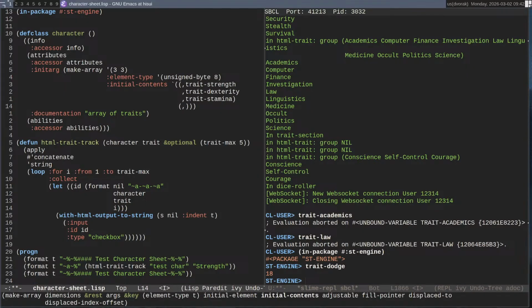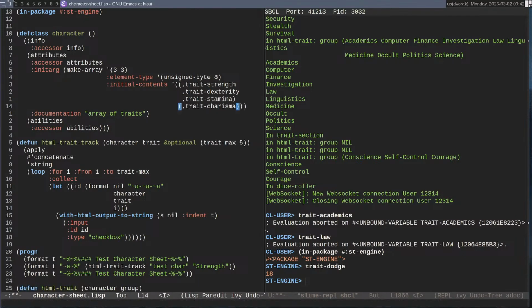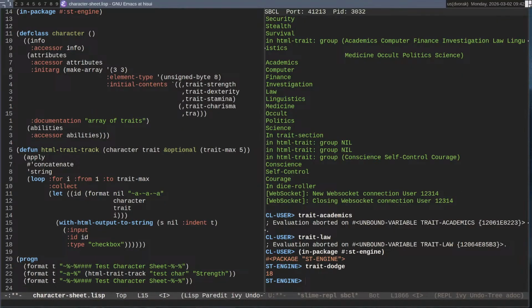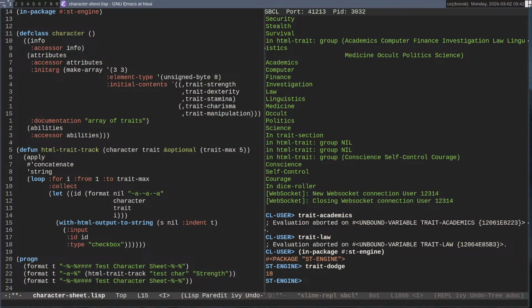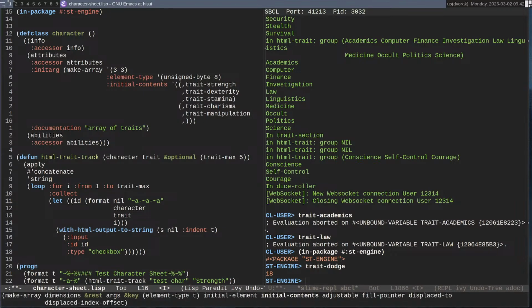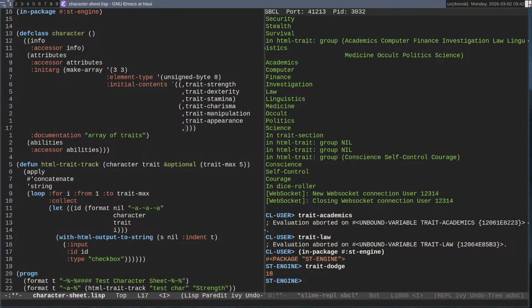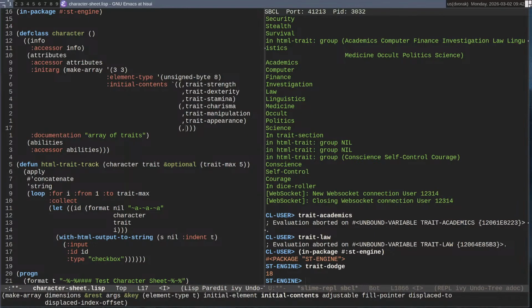We then want trait charisma, followed by trait manipulation, followed by trait appearance. No, that's the end. And we've got a new list because we're doing a two-dimensional array.